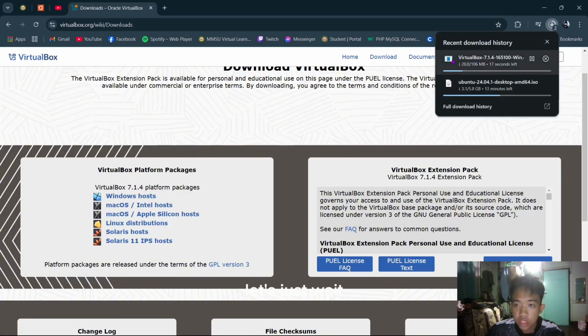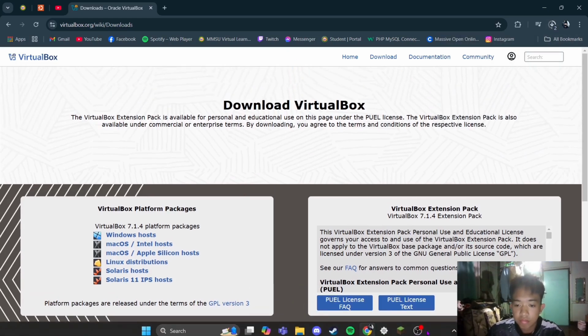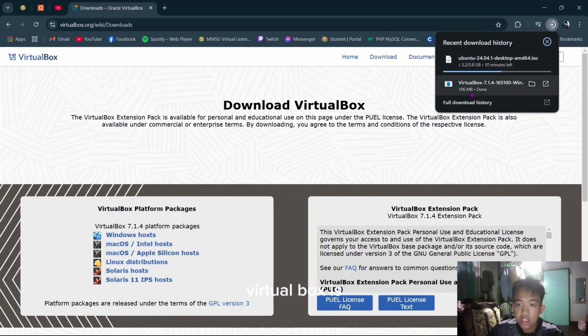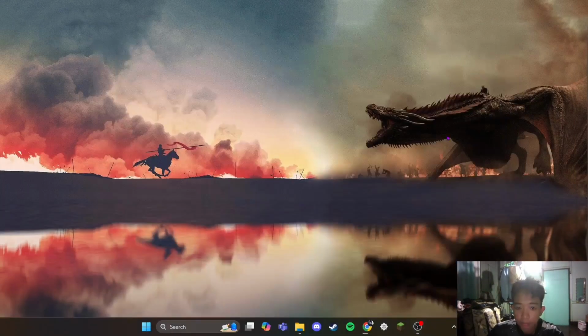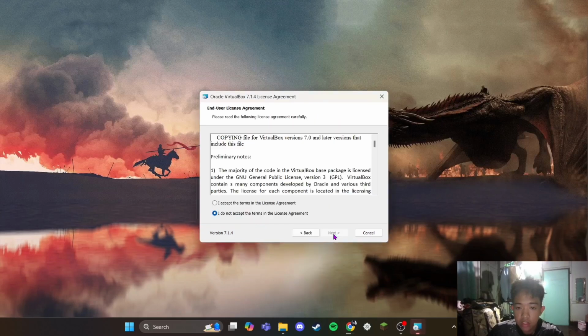So let's just wait and download. Wait for it to download, and we try to install it. So the VirtualBox is now ready to be installed. We're gonna press it and wait for it. Do you want to allow changes to the device? Just press yes. And from there, we're going to install VirtualBox.